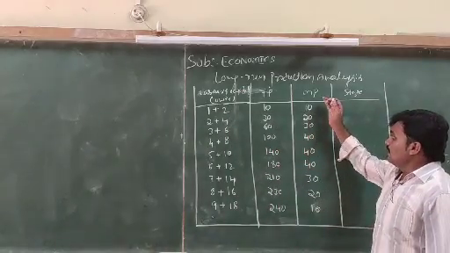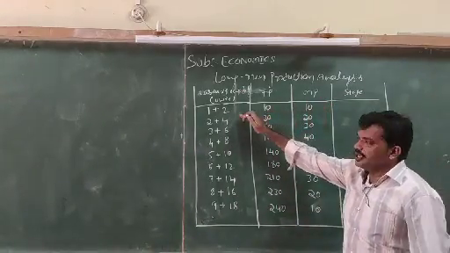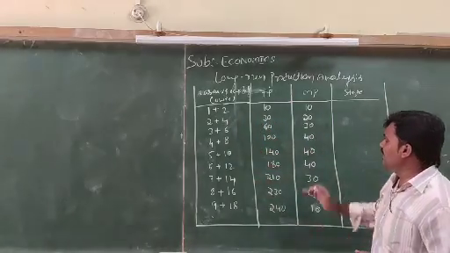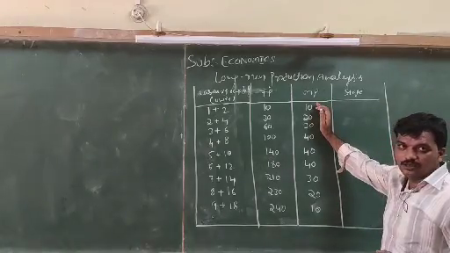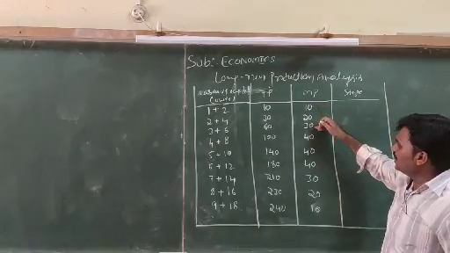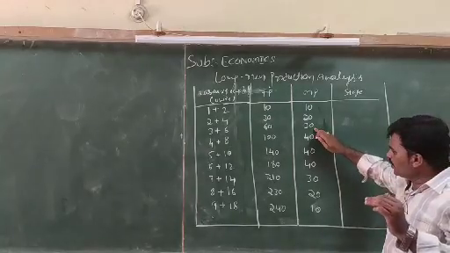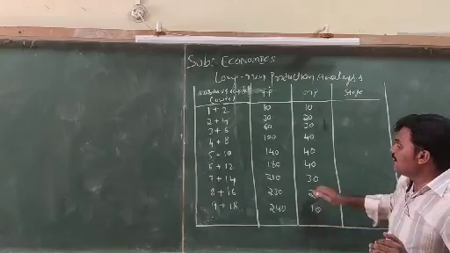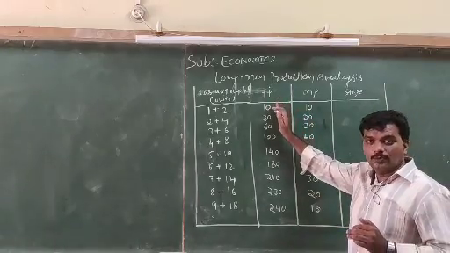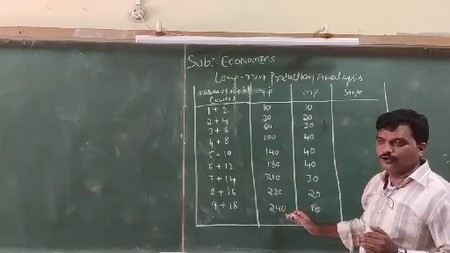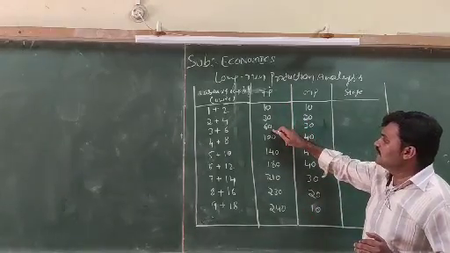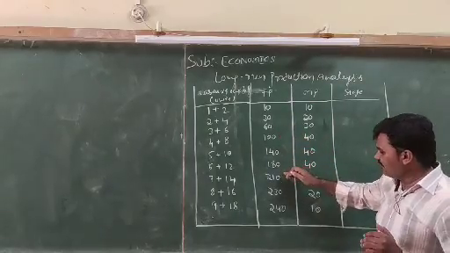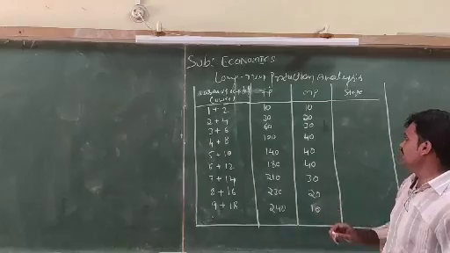See, in the schedule, as they employ more and more units of factors of production at the same rate, the marginal product increases at an increasing rate up to a certain point. After that it may be constant, then it starts to decrease. Just observe, the total product continues to increase. In the first 3 stages, it increases at an increasing rate. Later it increases at a constant rate. After that it increases at a diminishing rate.